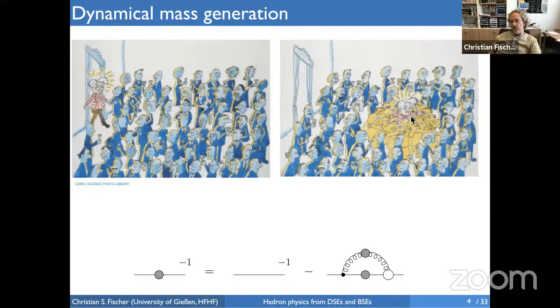And moving in this crowded room is now very different for our famous person. If he wants to accelerate, he also needs to accelerate the crowd of people clinging to him. If he wants to decelerate, he also needs to decelerate this crowd. And in effect, he has acquired a lot of extra mass. And this is actually a good picture, which was originally invented for the Higgs mechanism, but it's also a good picture to explain mass generation here for our quark. What we see is an effective quark, a dressed quark, which is made up of our bare quark and lots of gluons which interact with it. And that substantially changes the nature of this quantity.